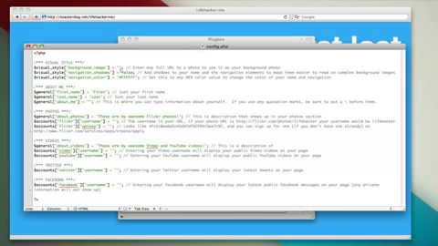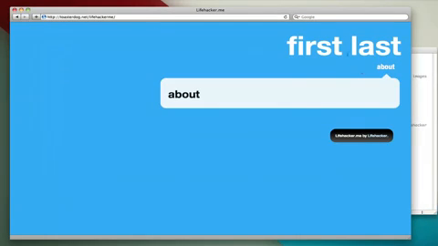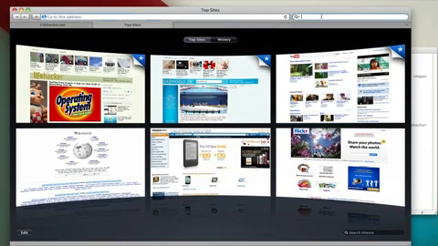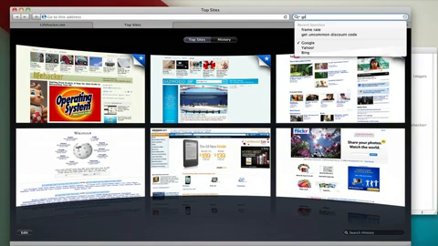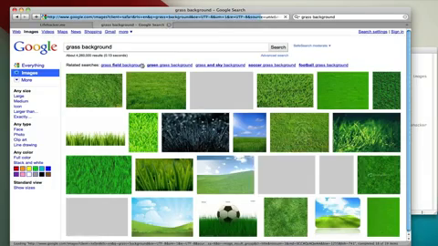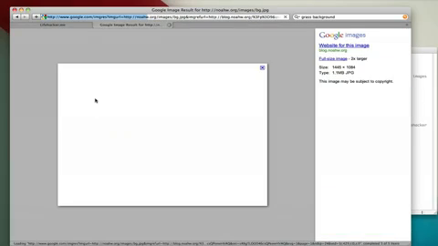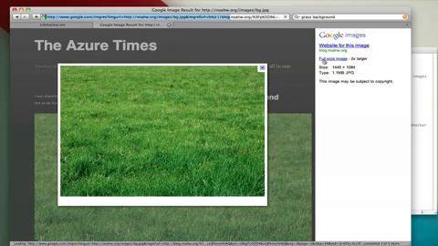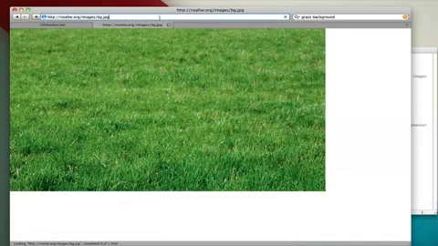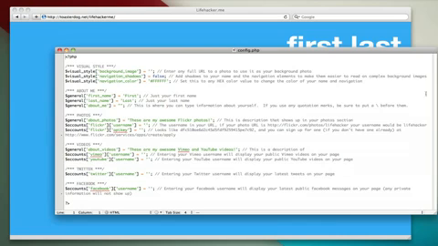So the visual style lets you set a background image for your page. And as you can see here, it's automatically set to blue, and that's just a blue background color. If we want to find another image though, we can just go on Google and search for, let's say, grass background. Okay, so here are a couple. We want to make sure it's nice and large, and this one looks good. So I'm just going to get the full-size image, copy the image URL,